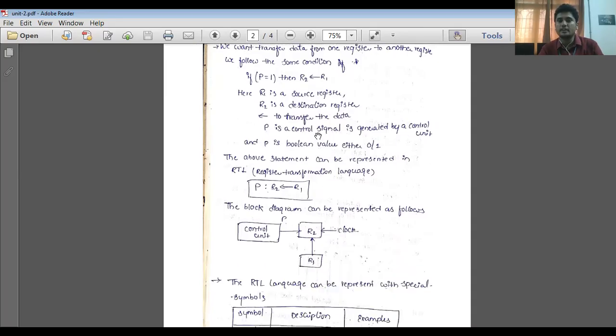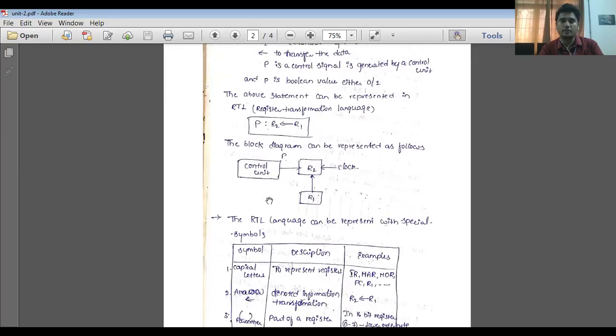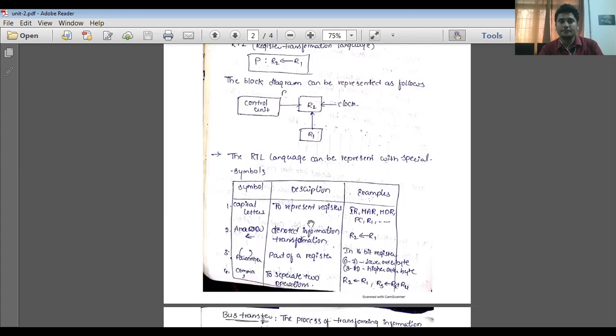P is a control signal generated by a control unit, and P is a Boolean value, either 0 or 1. So the statement means R1 data is transferred to R2. The control unit sends either the bit 0 or 1.